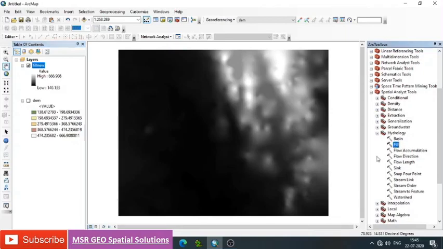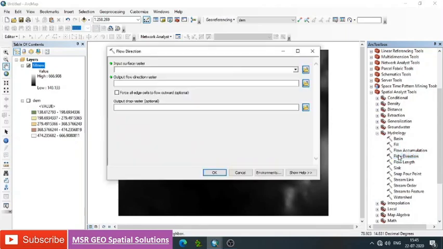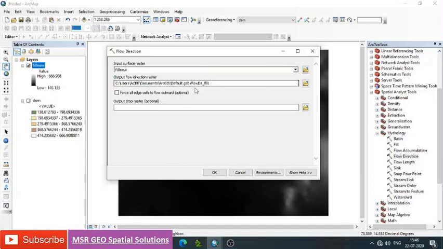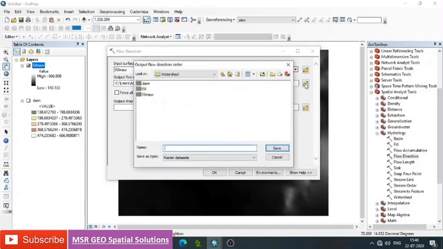Then we need to go for the flow direction. So flow direction is nothing but it determines which direction water will flow in a given cell. Based on this we measure flow direction. Go to flow direction, give input raster as fill, then give output in our path.